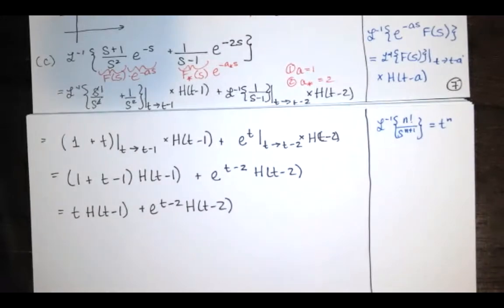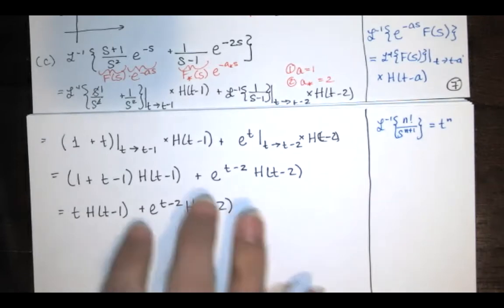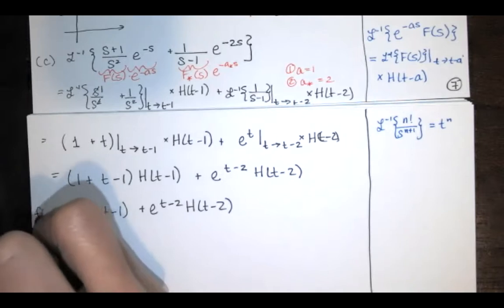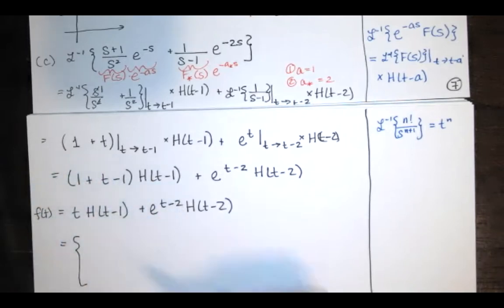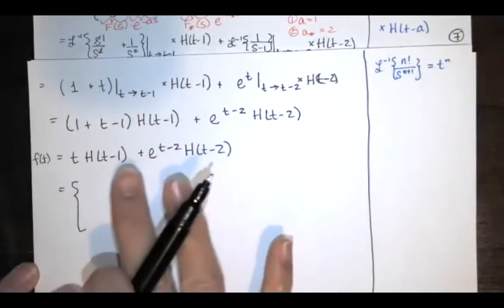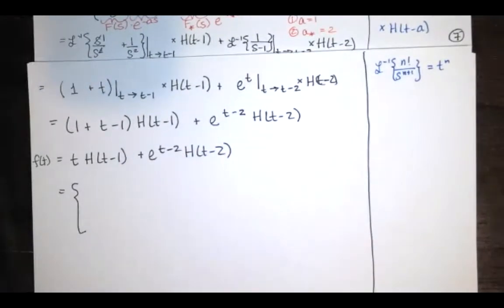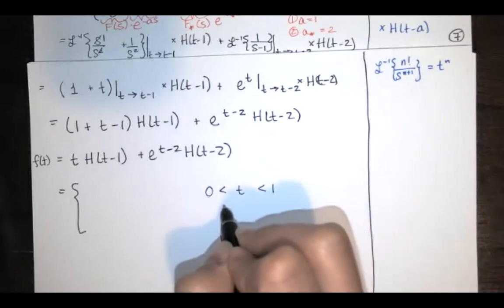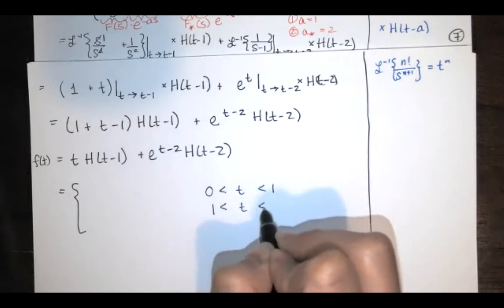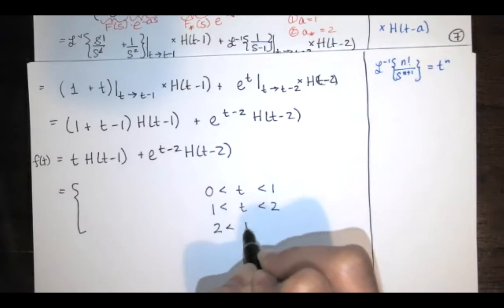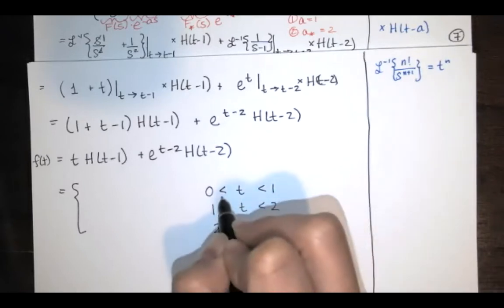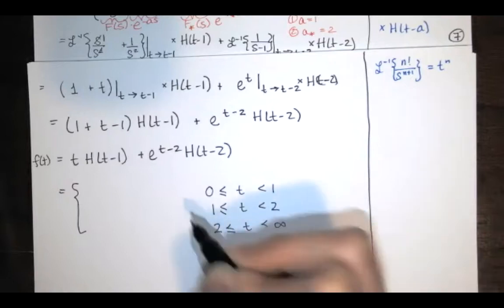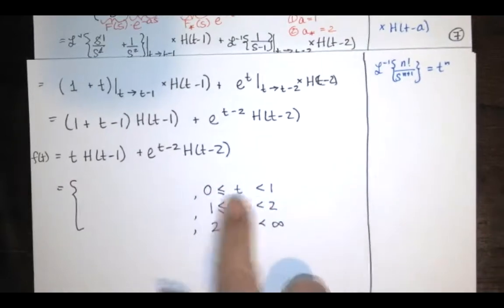But I would recommend writing it as a piecewise function. Anytime I have a result involving a Heaviside function, I always want to get it back into the form of a piecewise function. So if this is my f of t, let's call it f of t to give it a label. It's going to have 3 pieces because I have a Heaviside function at t minus 1 and one at t minus 2. So we'll have a certain value on the interval from 0 to 1, a different function on the interval from 1 to 2, and a different function on the interval from 2 to infinity. And usually we put the less than or equal to signs on this side. Okay. On the interval from 0 to 1,